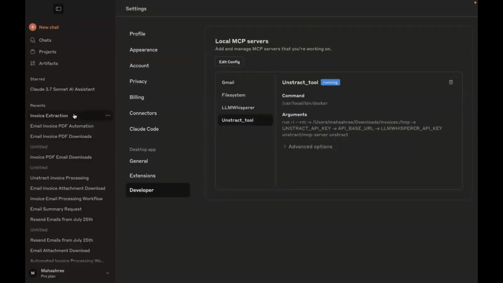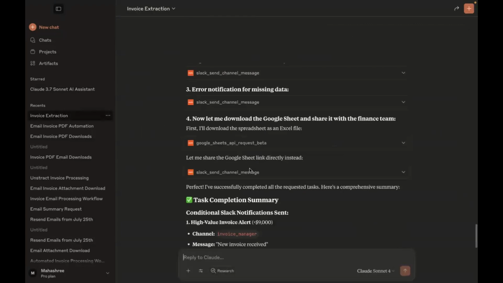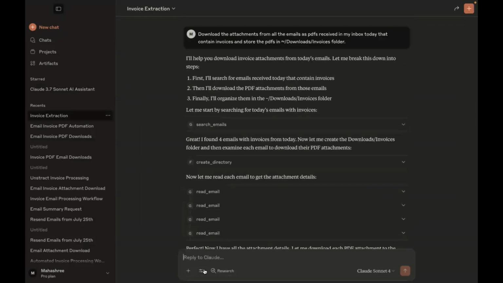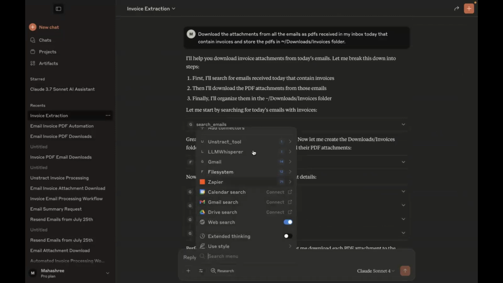So you can always check this out over here. And so moving back, you also have the various tools that are available that you can see over here in the tools pane. So currently, we've also integrated along with Unstract, LLM Whisperer, and File System, we've also integrated with Zapier,